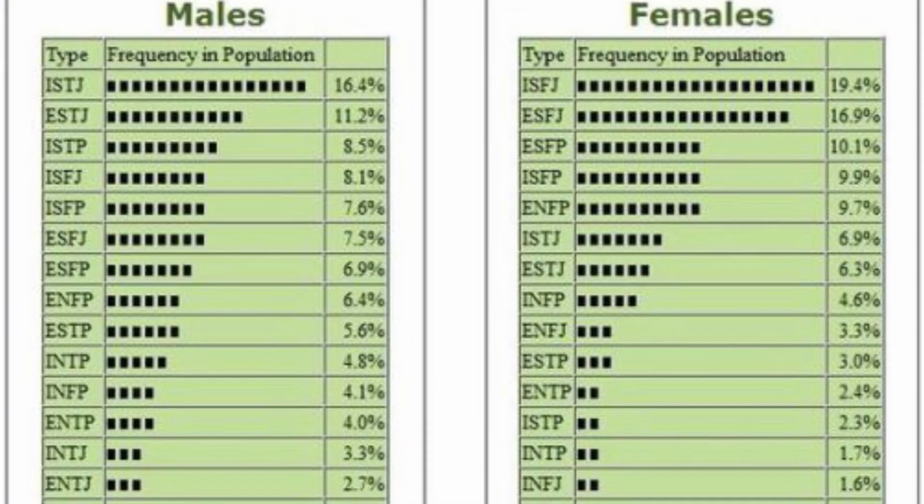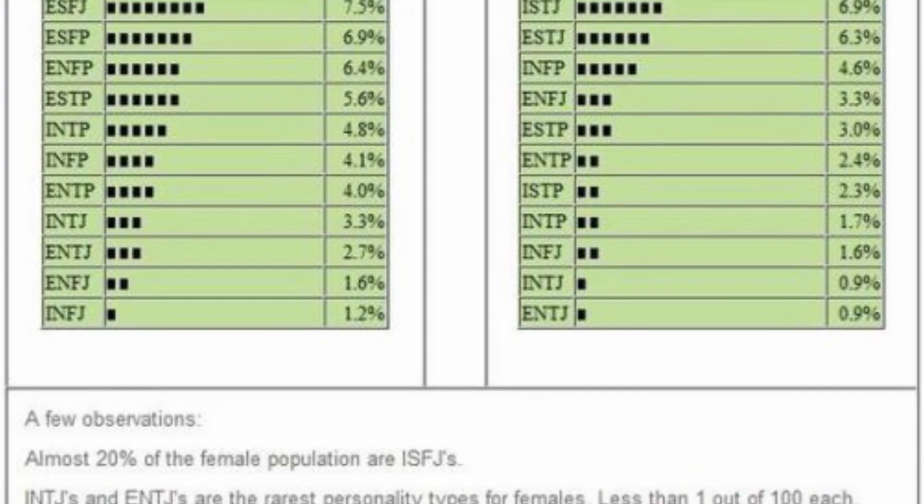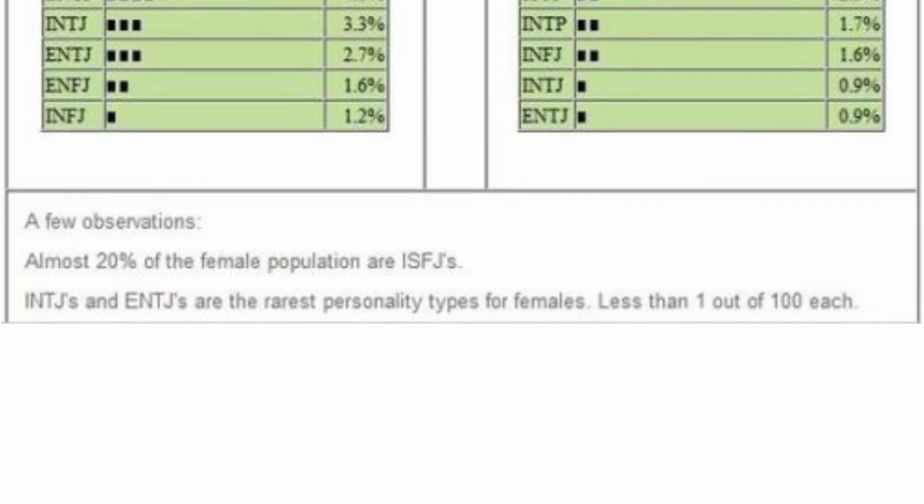Now you might start to value yourself or others based on the rarity of types, but just so you know and make it useful, a lot of the statistics are completely inaccurate because they have very bad sampling. For example, the MBTI is very biased towards corporations, and the kinds of people that work in corporations are going to be certain kinds of people that are disproportionately represented. So don't always believe these numbers, and try to just accept people and take them at face value of their types. Don't try to lump them into rarity buckets.